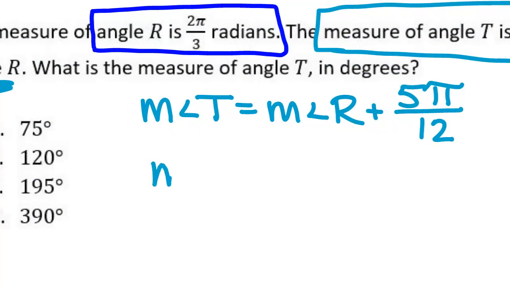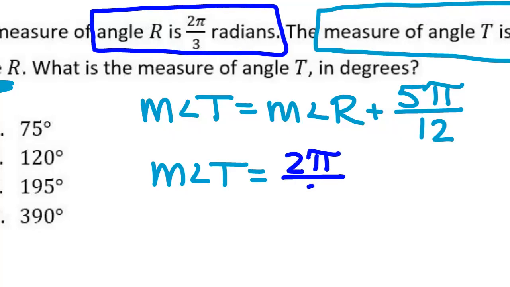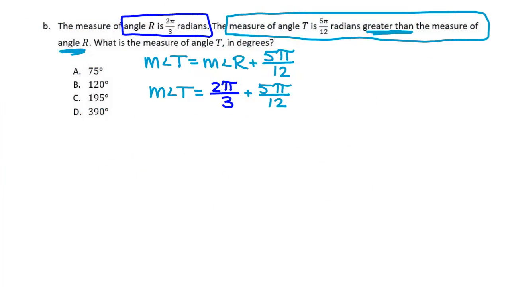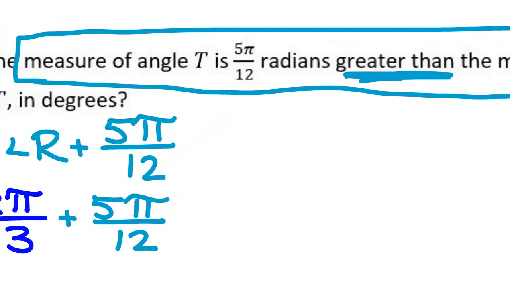And I know that the measurement of angle R is 2 pi over 3. So we're going to add 2 pi over 3 radians to 5 pi over 12 radians. I'm going to change both of those into degrees, and then we will add them together once we get them both in degrees. So first we want to do the measurement of angle R,